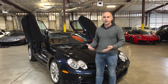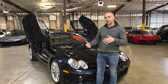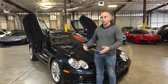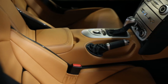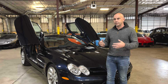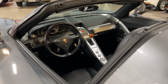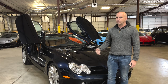And I think as time goes on, this car is going to become more important as the things that made it less important when it was new start to fade from history and you get into what the car is today. Mercedes-Benz builds a luxury car, and that's kind of what this car is. It's not as crazy exotic as the Ferrari. It's not as engaging to drive as the real sports car that the Carrera GT is,